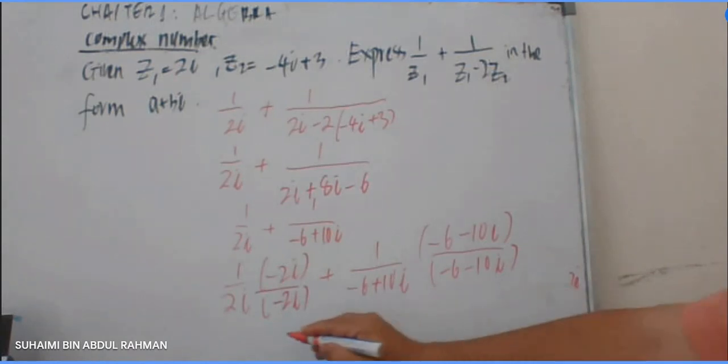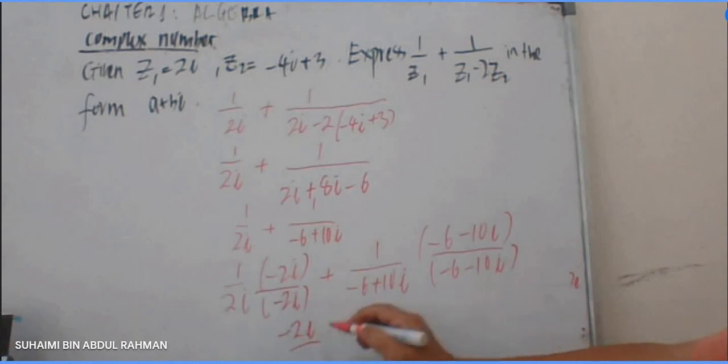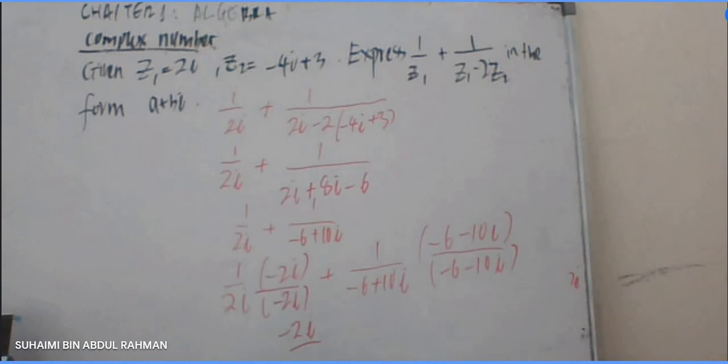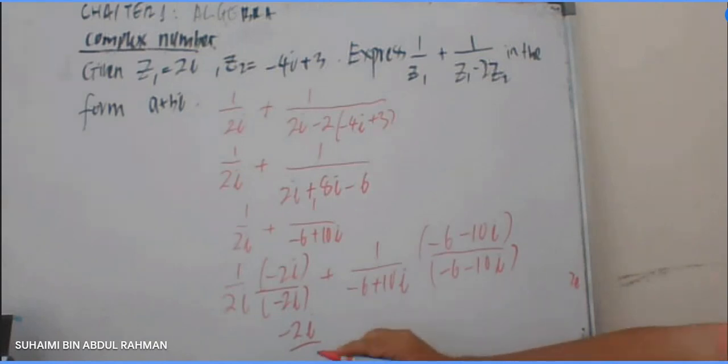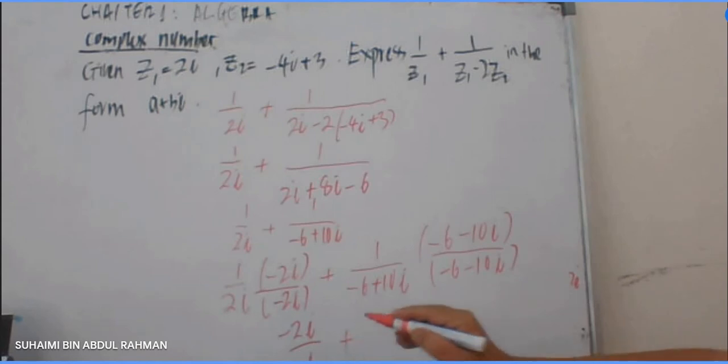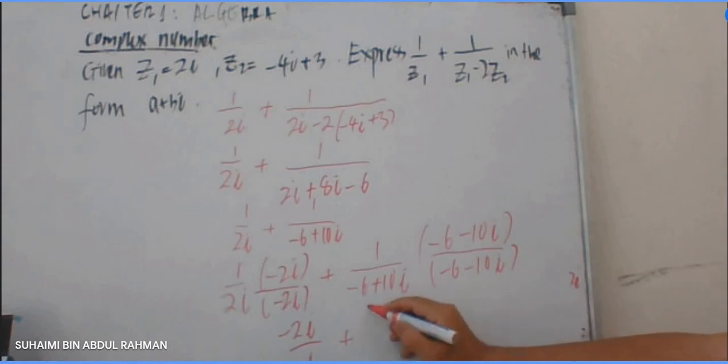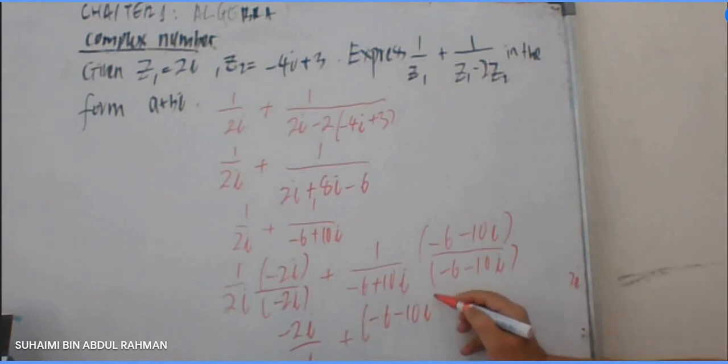So here we get minus 2i divided by what? 4. Plus, here we get minus 6 minus 10i divided by